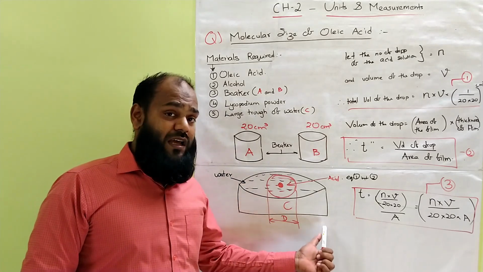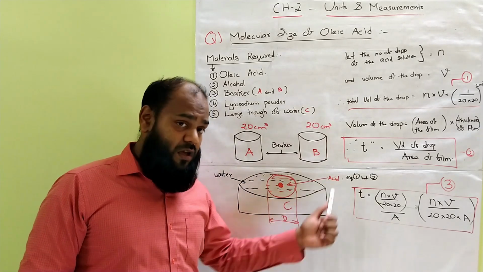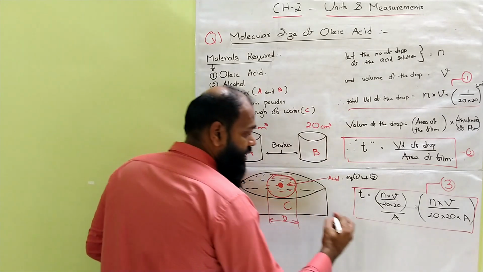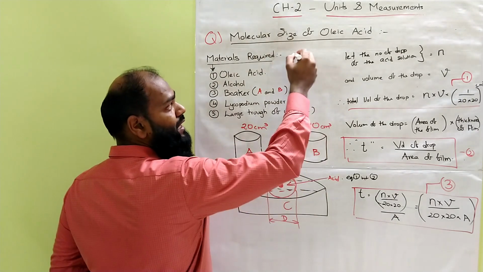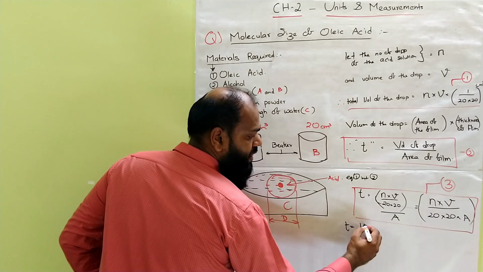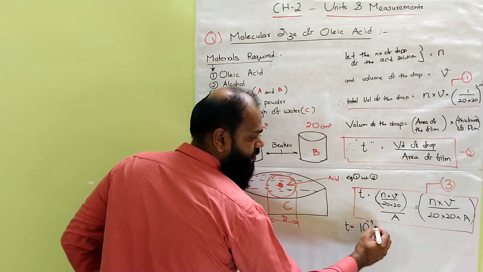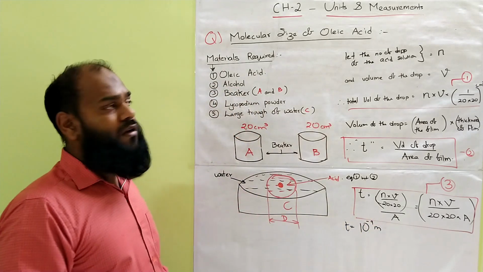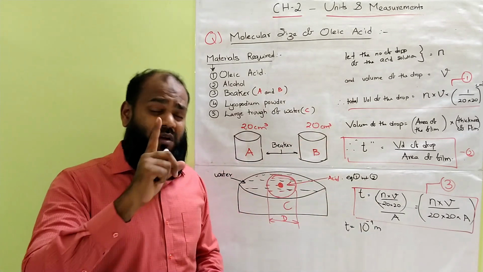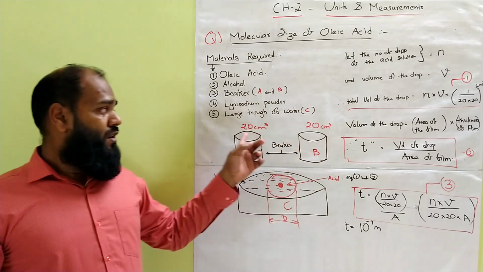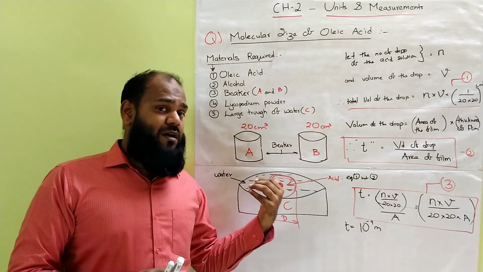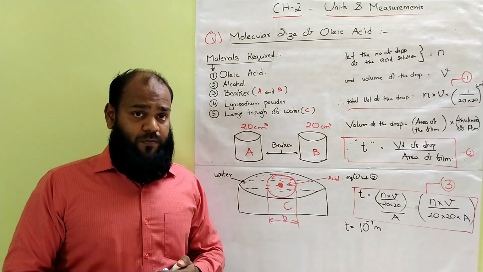Experimentally, after equating the formula and substituting it, it has been found out that the thickness of the oleic acid T is approximately 10 power minus 9 meter. Alright. So these formulas can be used in the problems which we will be solving soon. Remember one thing in mind. These 20 centimeter cube is our example which is given in the textbook.